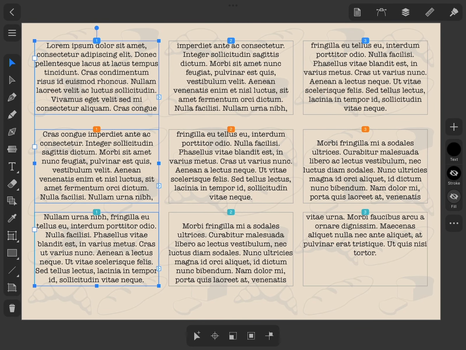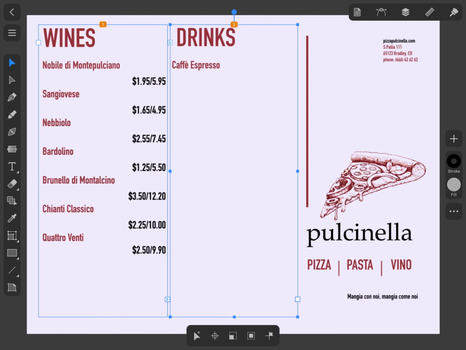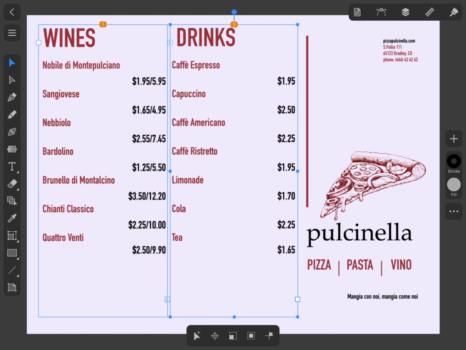In this video, there was already text in the text boxes, but you can start with a layout of empty frames. The controls on an empty frame let you add linked text boxes before and after it, as we did before. Once the frames are placed and sized properly, you can insert the content. This would work best if, for example, our menu had multiple pages with many more dishes and drinks arranged in columns. In this case, the layout that was already created would become a template that you could copy to all pages.